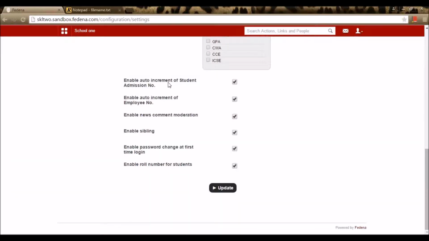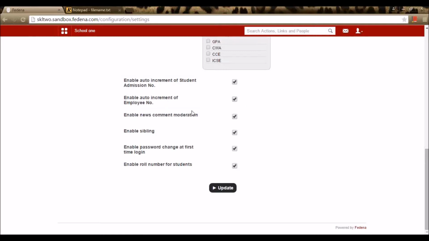In that case, the first student admission number needs to be entered manually and the subsequent numbers will be automatically incremented, for which I need to enable this option right here. Similarly, the employee number can be automatically incremented, for which I have to enable this option here.